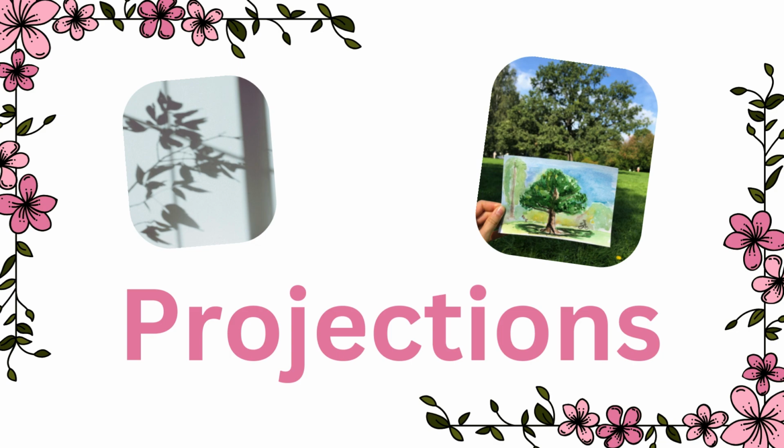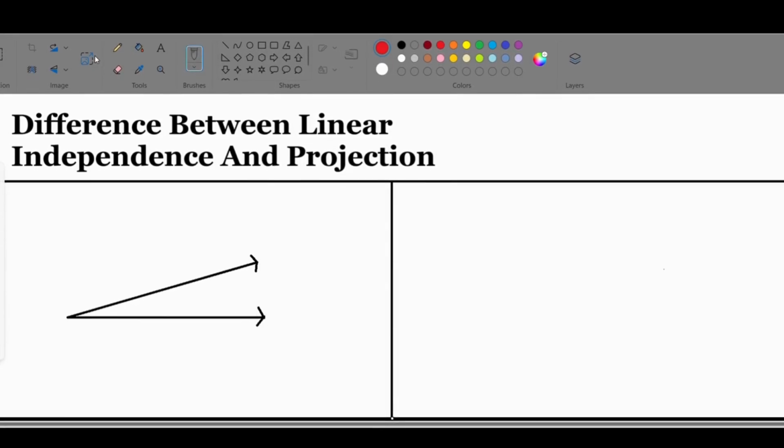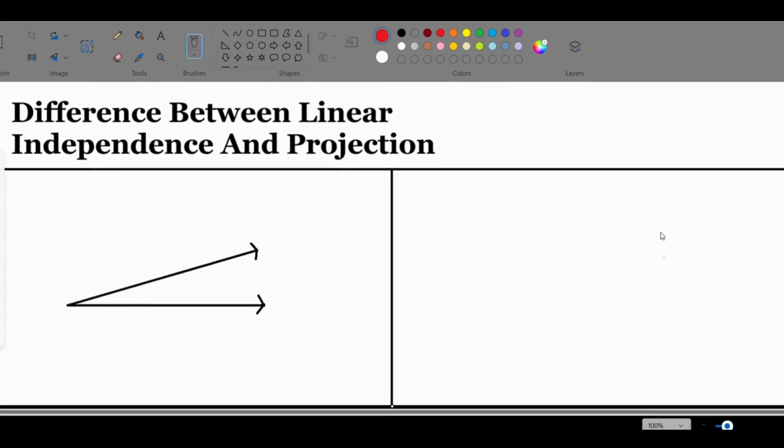regression line. Hi, welcome to part 4 of the series Linear Regression, a Linear Algebra Perspective. Today we'll discuss the mathematical basics of projection vectors. We'll talk about projection matrices in the next video. Also, we'll just go into as much depth as is required for our main aim, which is to derive the regression line. Wanted to start off by discussing the difference between linear independence and projection.